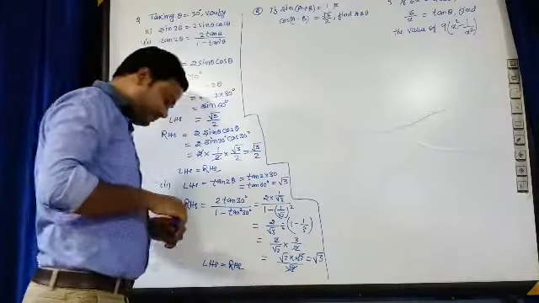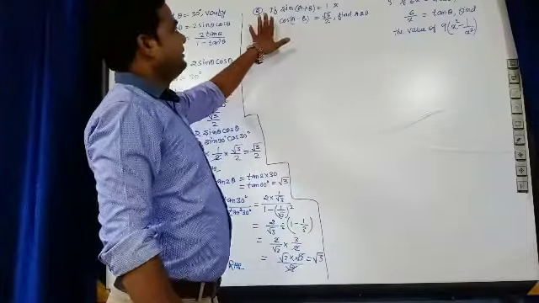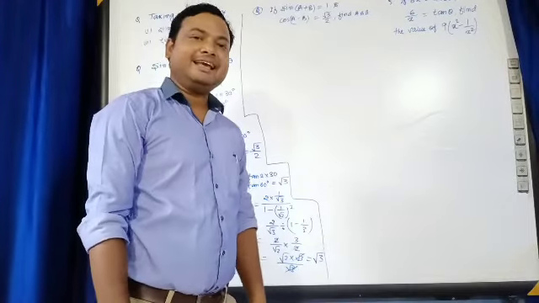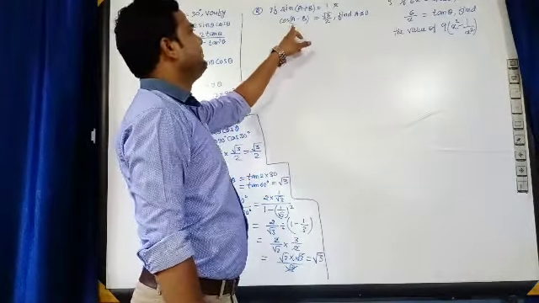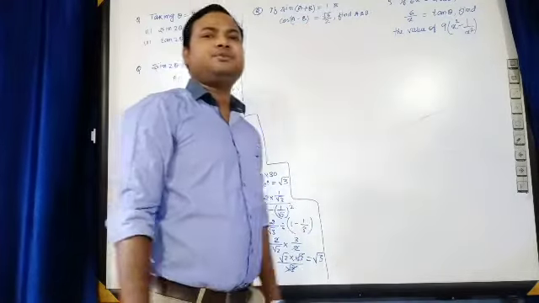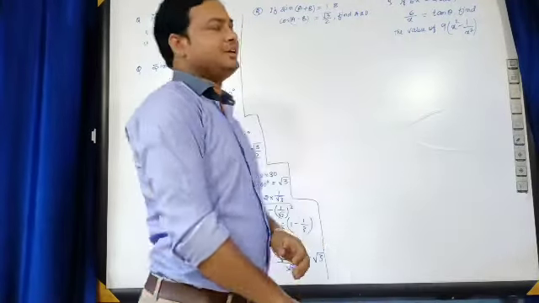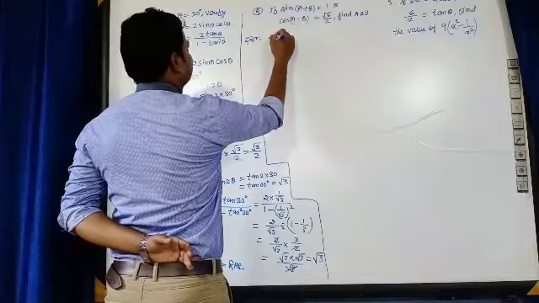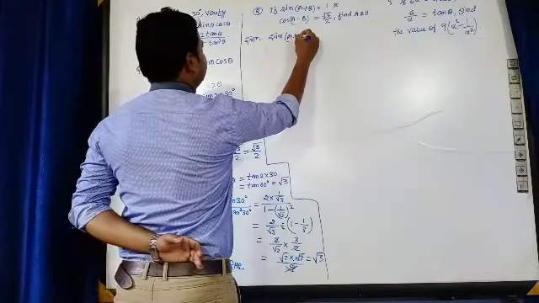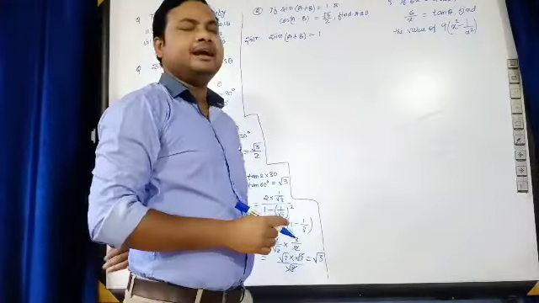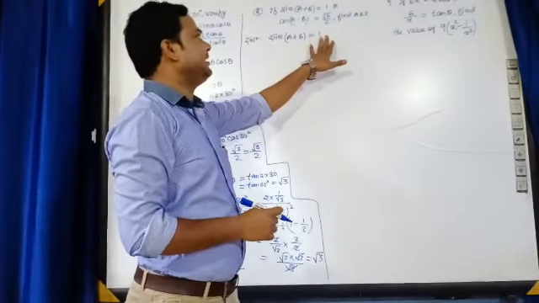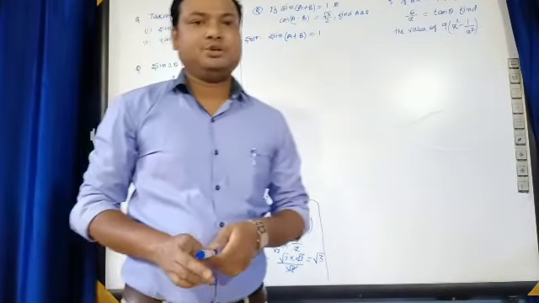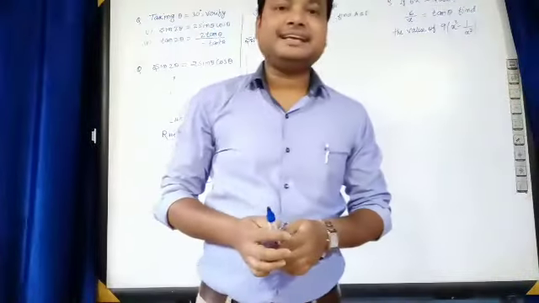Now here is the second question. Look, in this question, if sin (a plus b) equal to 1 and cos (a minus b) equal to root 3 by 2, we have to find the value of a and b. How can we find? Look, since given here sin (a plus b) equal to 1, what is the value for which sin is equal to 1? We know that sin 90 equal to 1.